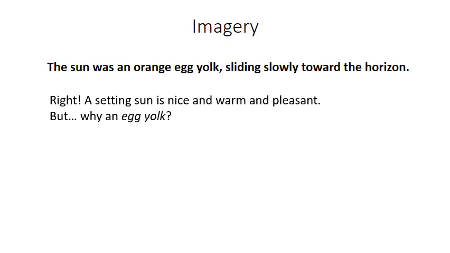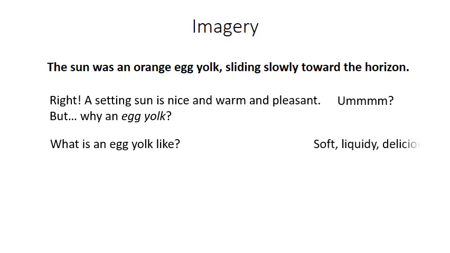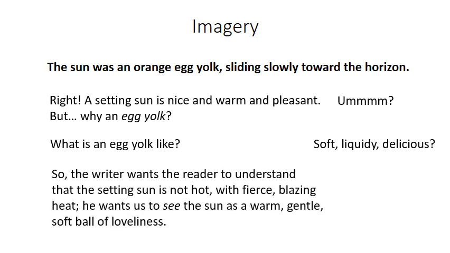But why an egg yolk? Well, what is an egg yolk like? We have to think, why has the writer chosen this metaphor? Why is the sun like an egg yolk? Well, an egg yolk is soft, it's kind of liquidy. Some people think it's delicious, it's nice if you like to eat eggs. So the writer wants the reader to understand that the setting sun is not hot with fierce blazing heat like a ball of lava. He wants us to see the sun as a warm, gentle, soft ball of loveliness, something that's nice,